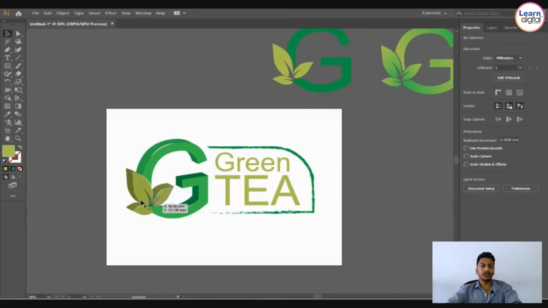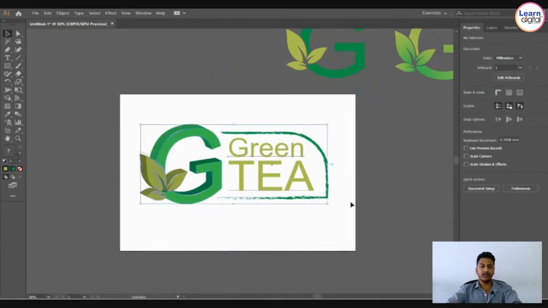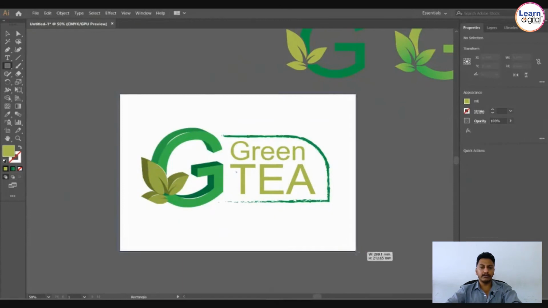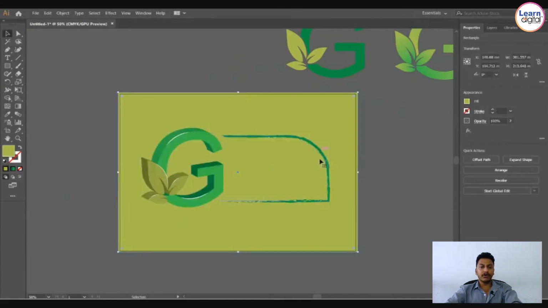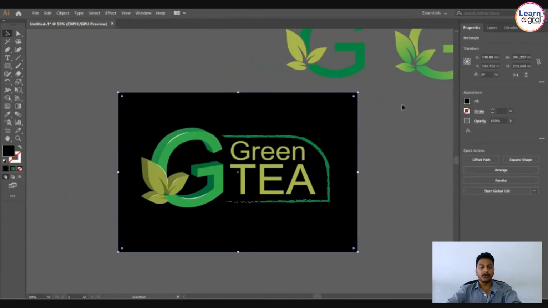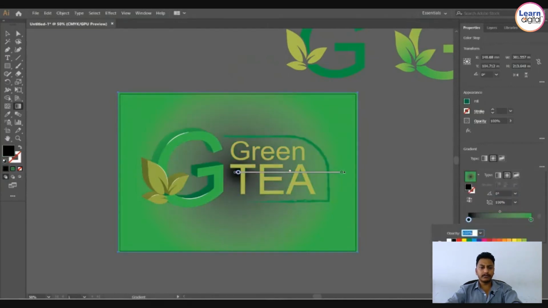Then I want to showcase this 3D logo with a dark background. Because it is in green shades, I will go with a black color or a gray to black gradient, so it looks more attractive and more beautiful. That's why I want to showcase it in this way. Now it looks more attractive and brighter compared to white. If you want to add a gradient, yes, you have the option. Light gray or dark gray to black. I'm using a radial gradient, not linear. You can observe over here.